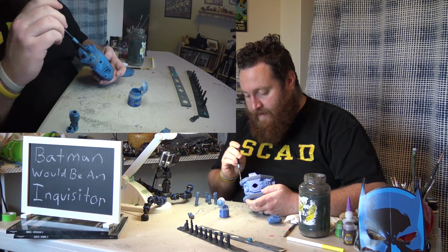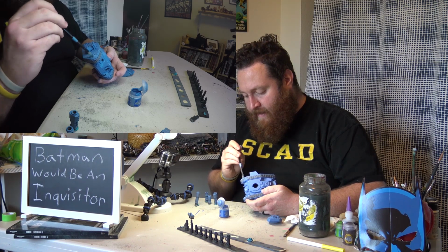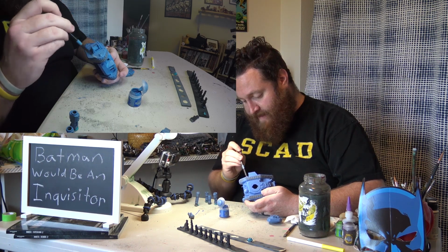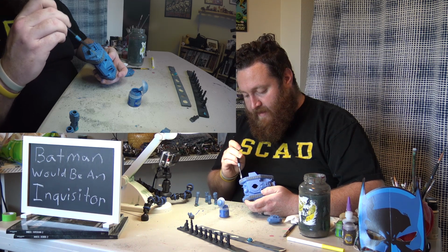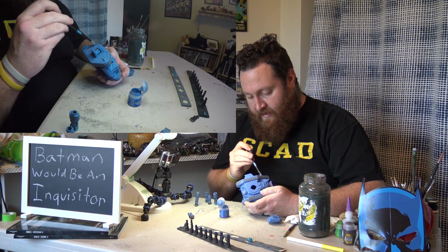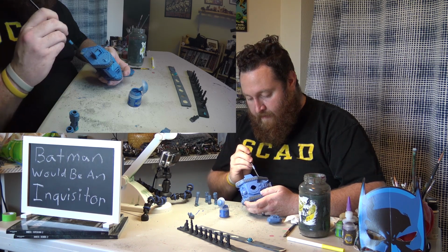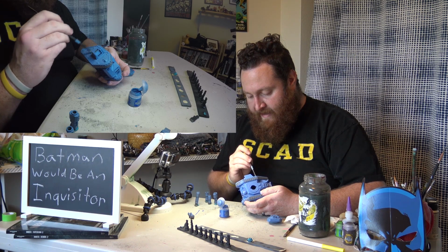You also have to have a list that's able to confront a lot of vehicles, because the fact is, I think vehicles got a bump in this edition with the number of wounds that they've got and the toughness that they've got and the saves that they've got. I think you're going to see a lot more vehicles simply because of how I feel like they're performing in this edition. So if you have a list that can't handle vehicles, you're going to be in trouble. Yeah, everything can hurt everything, but you're going to have a real hard time taking down a Land Raider if all you have is lasgun